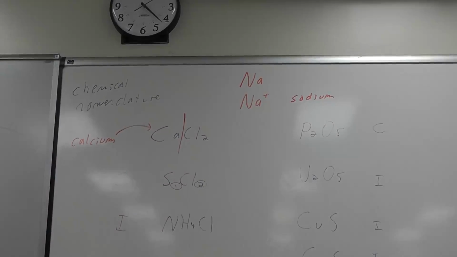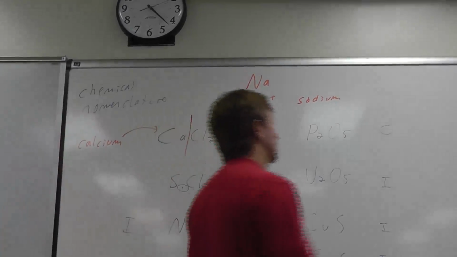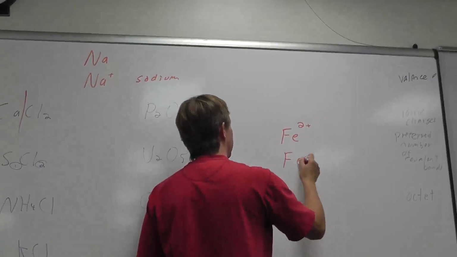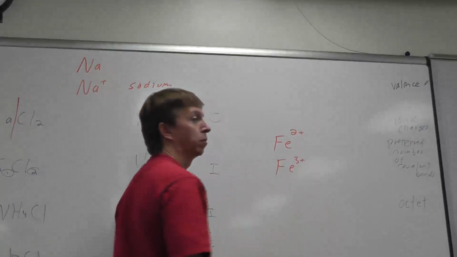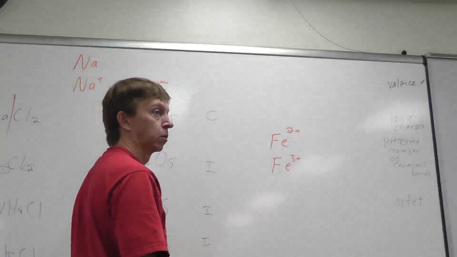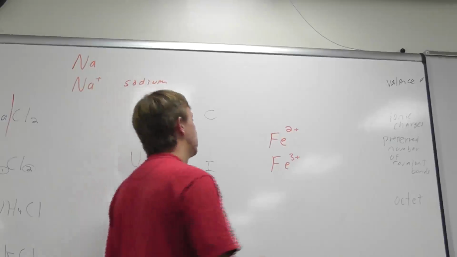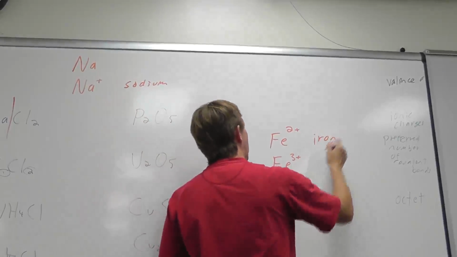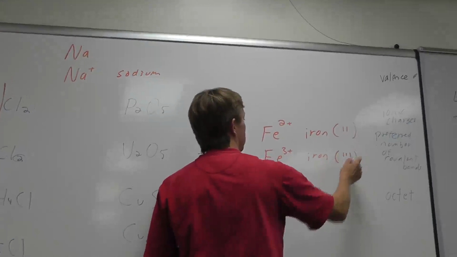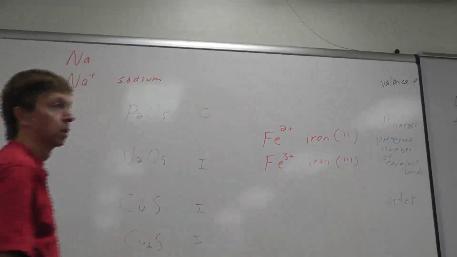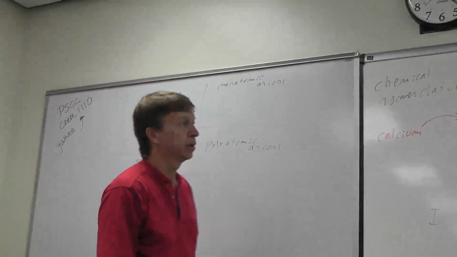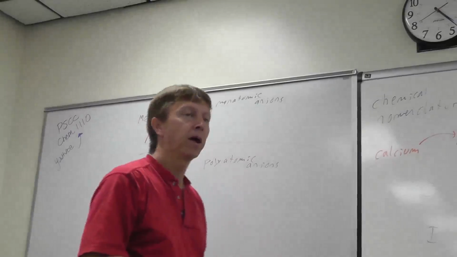But what you got to be careful of is there's some elements that form more than one possible charge. And you can't call both of those iron, right? Because that would be ambiguous. Well, you do call them both iron, but you have to qualify that a little bit with a Roman numeral. So the naming system for monatomic cations is you give the name of the element and the charge is a Roman numeral,